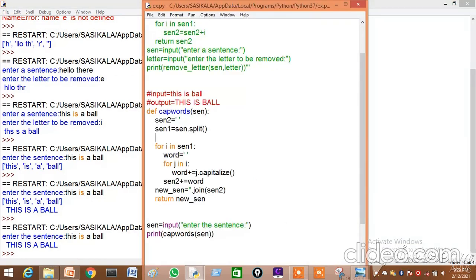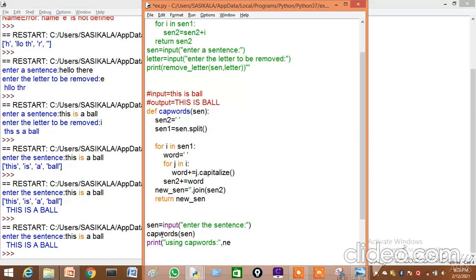In the question they asked us to compare the two outputs, the one we got from this function cap words and the one from the routine method, that is the upper method we have, right? From that we will be getting one output. We have to compare both the things. Okay, so let us give print statements separately. Print using cap words.